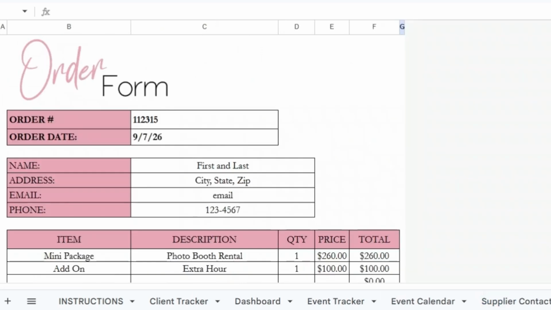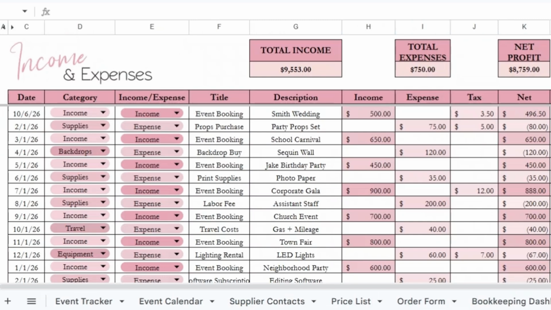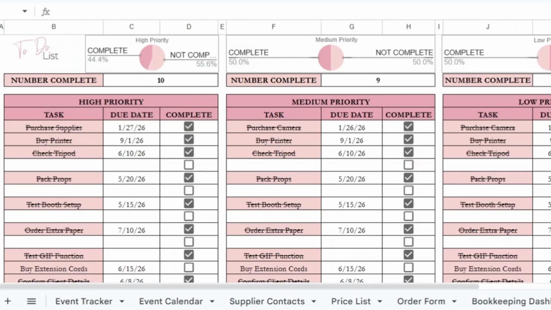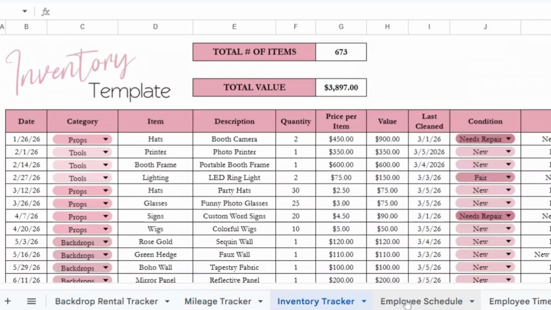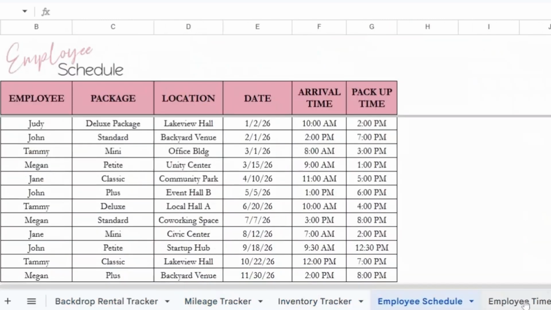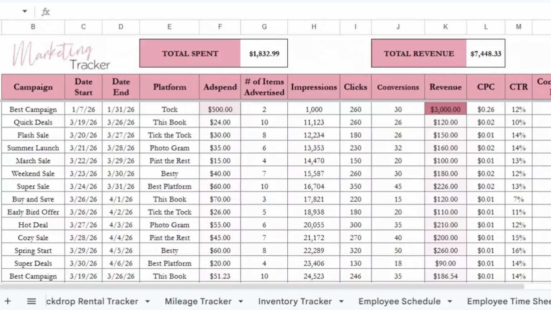There's a place for your customizable price list. There's an order form, a bookkeeping tracker so that you can track your income and expenses for the entire year. There's a to-do list, backdrop rental tracker, mileage tracker. You can track your inventory. If you have staff, you can track their schedules, their time. You can create social media posts ahead of time so you can give to your staff, and you can track